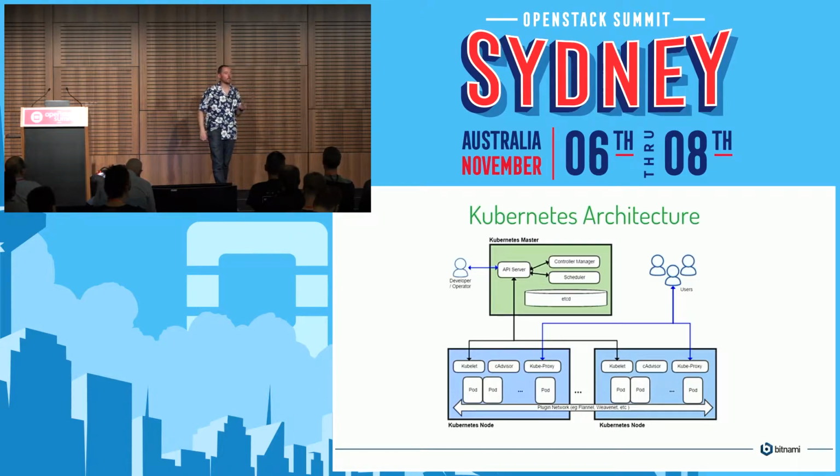A pod is a collection of containers that are running in the same network namespace. So they each have their own file system, their own idea of slash, but when they talk to localhost, they're all sharing the same localhost. So a pod is a collection of containers which always run on the same host together and can refer to each other's services using localhost ports. And because they're running on the same host, they can also share mounted file systems. So you can have a volume that's mounted by multiple of them.